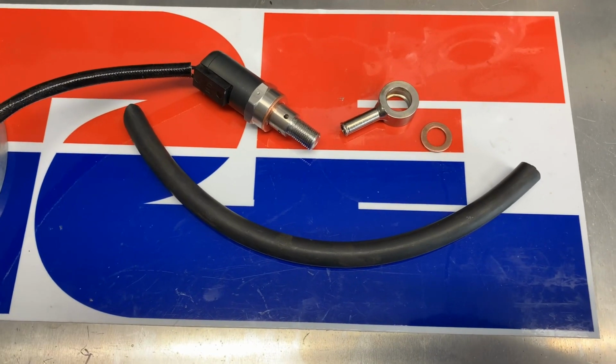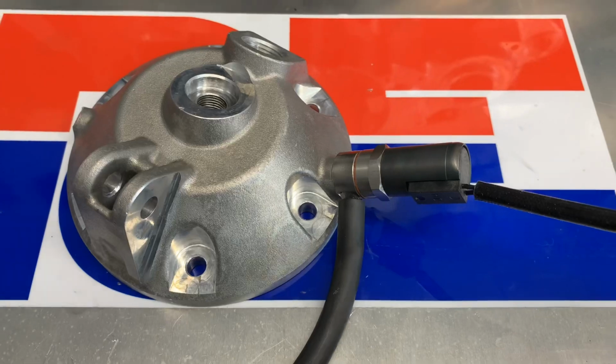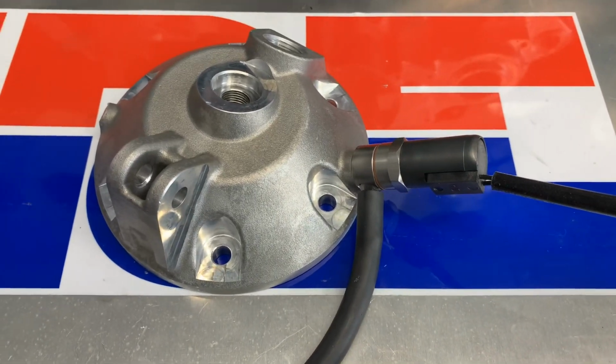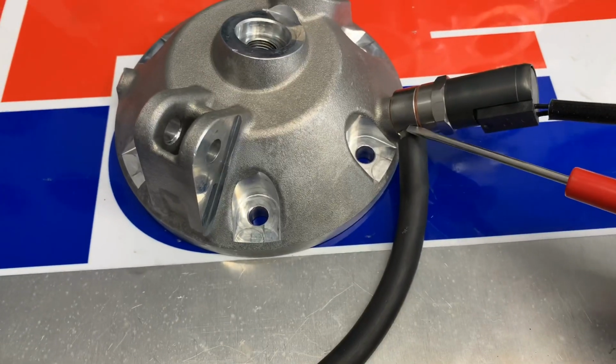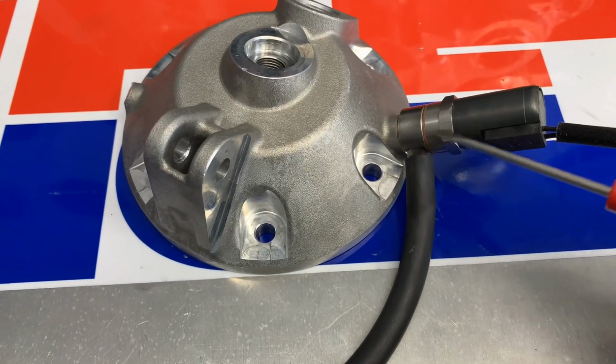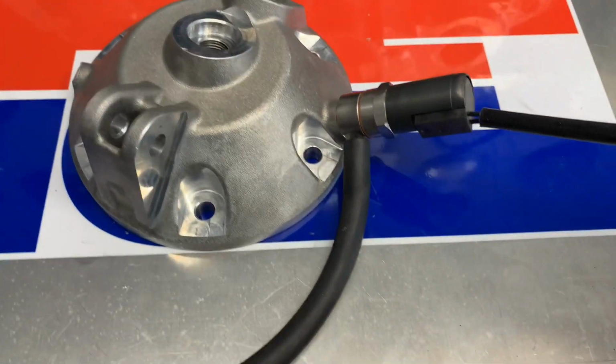I'll throw this together and show you a mock-up of it on the BRC head. This will fit onto the XCW chassis and the large tank as well, so you can rotate this banjo fitting around and it doesn't tighten until you tighten the actual thread of the fitting into the head,